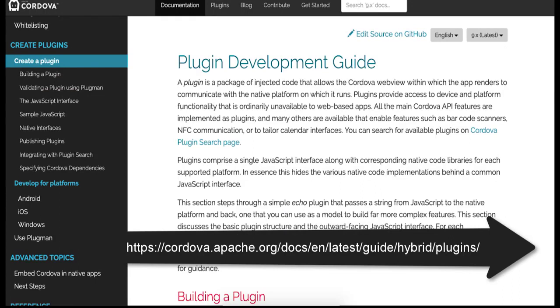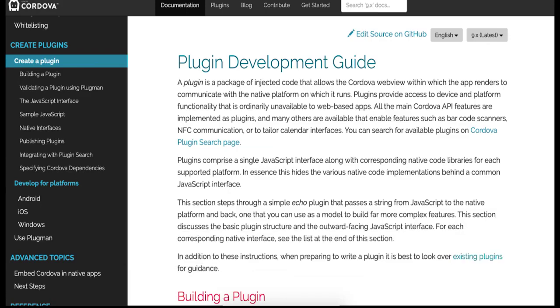There is indeed a page in Cordova website talking about how to create a new plugin. However, I failed to create a plugin just simply by following it. In my opinion, some information is missing in the document. So this is the reason why I decided to make a video with detailed step here for the further reference.